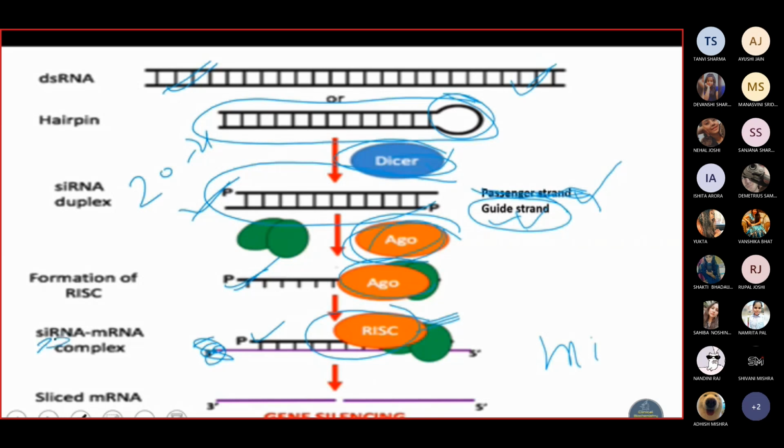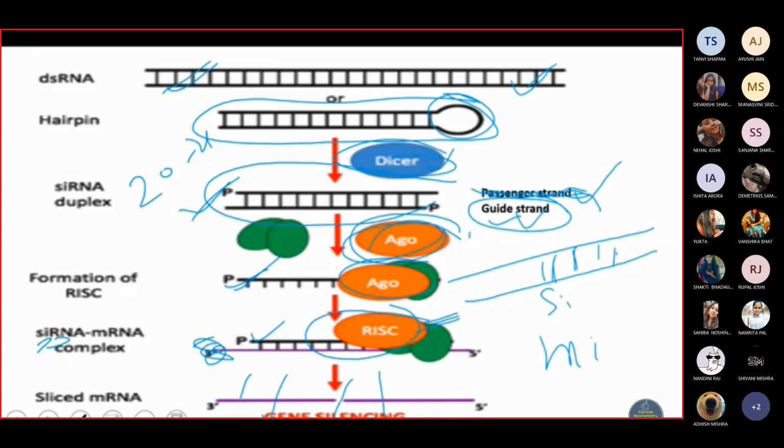Here it is siRNA. It is complementary to the guide strands. So we are having guide strands. We are having a RISC complex. In RISC complex we are having siRNA. This siRNA is complementary to guide strands. So once it will be associated, it will link together, and it will be fragmented, digested. This is the basic process.